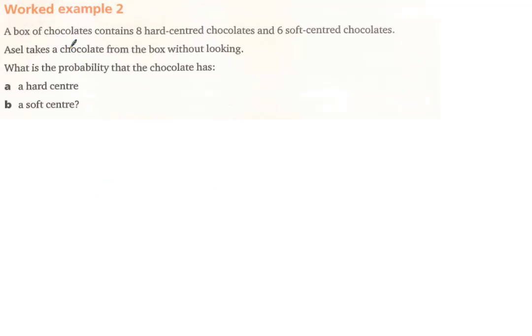A box of chocolates contain 8 hard-centered chocolates and 6 soft-centered chocolates. Hazel takes a chocolate from the box without looking. So she's not looking at all there. What is the probability that the chocolate has a hard center? All right, again, the same as the previous exercise. Probability of hard-centered